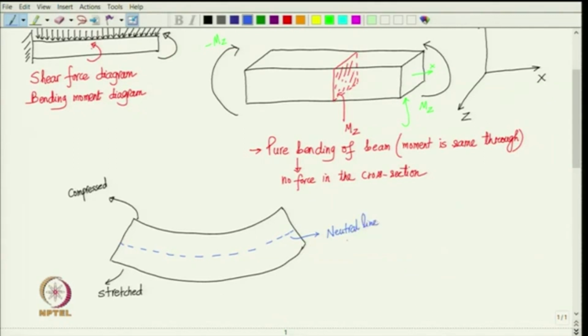Because it is neutral to the deformation, it is not able to see that the beam is getting deformed. Okay. And if I draw its 3D picture,